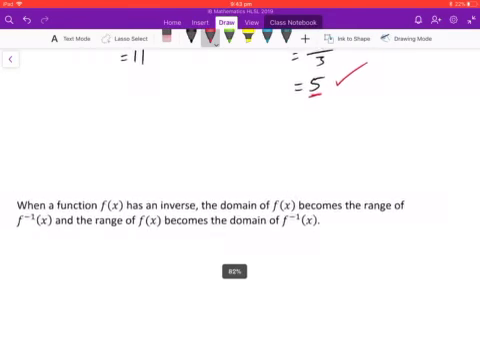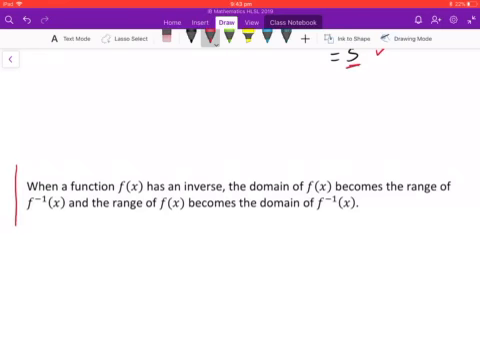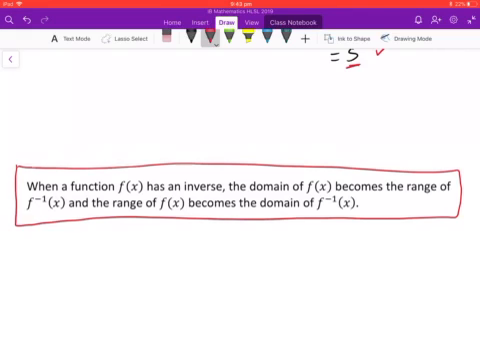Now, I'm going to put a red box around this because this is an important point for you to take note of. When a function f of x has an inverse, the domain of f of x becomes the range of f inverse x, and the range of f of x becomes the domain of f inverse x. So do you see that the range and domain swap? Just like we swapped the x and y coordinates,